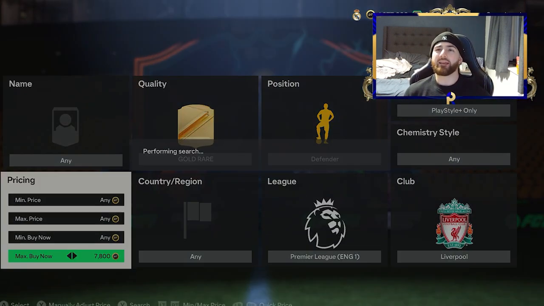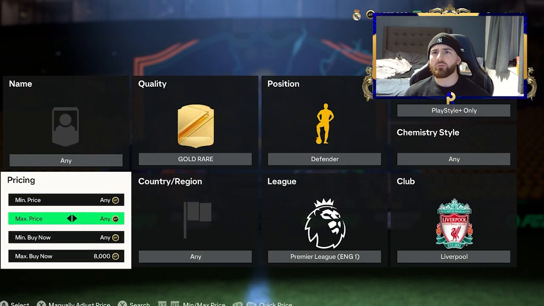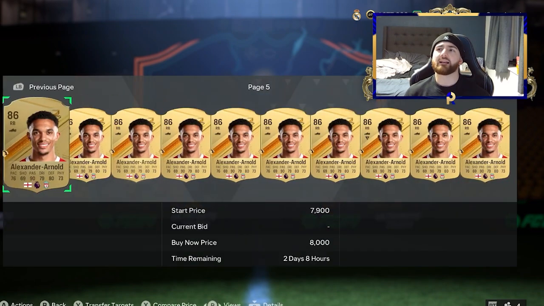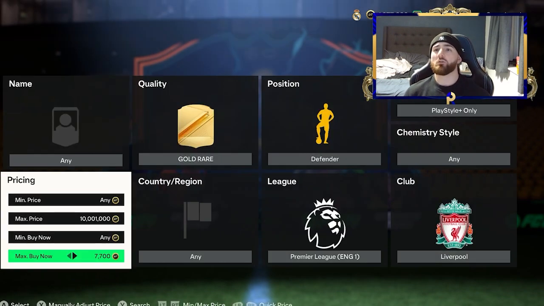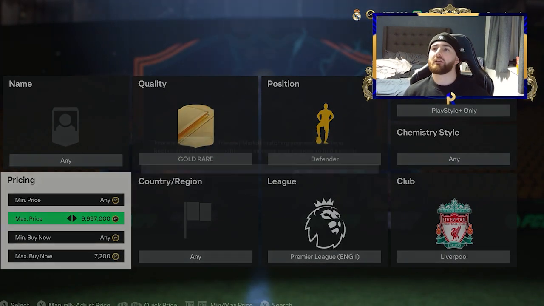So we're looking at probably 8K for these bad boys at the minute. Seems about right if we have a look. If we pop the max price there, 8K seems pretty bang on. EA tax on this one's going to be 400 coins. So you want to probably go down to, we go to 7.2. And then, of course, if the market value goes down a little bit, you can still make a decent profit